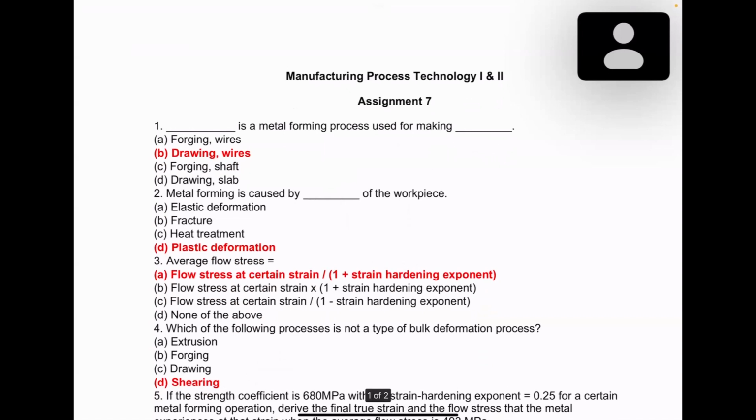So yeah, this is our last week's assignment, and the first question says that you have to determine the kind of metal forming process and the corresponding product we are getting out of that. Okay, so the first one is